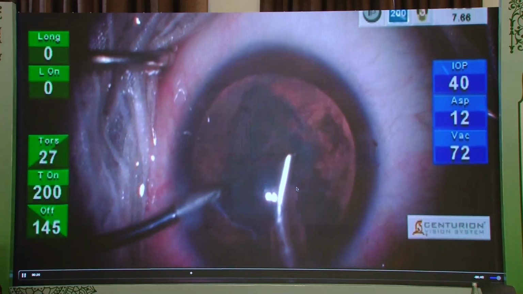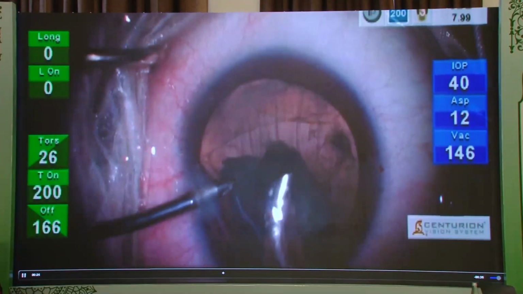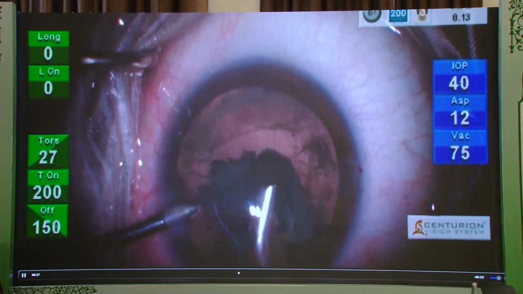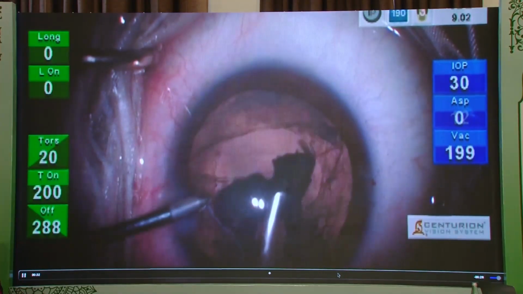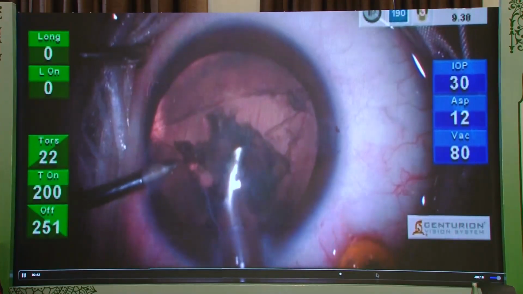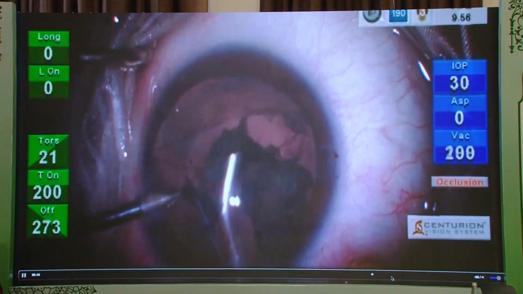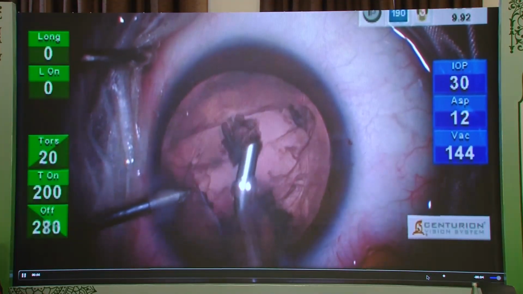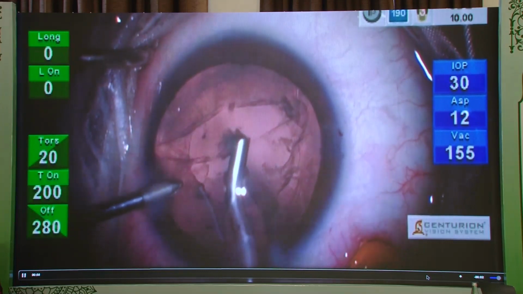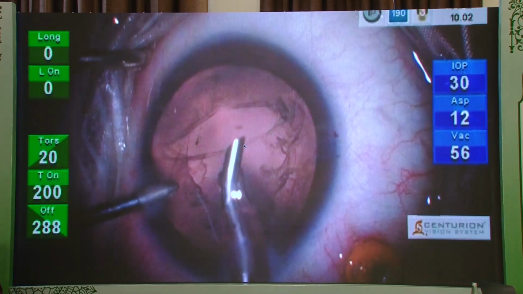The irrigation line was put on the IA handpiece, and the aspiration was put on the phaco handpiece, using modest bottle height, flow rate and vacuum settings. Now the rest of the nucleus is gently and slowly removed. So you see that it's not dropping because we are constantly making sure that the material remains at the tip. And here a combination of torsional ultrasound and fluidics, the flow rate, are helping us. But you can see that large PCR now. Fortunately, it did not enlarge thanks to our techniques in managing it.